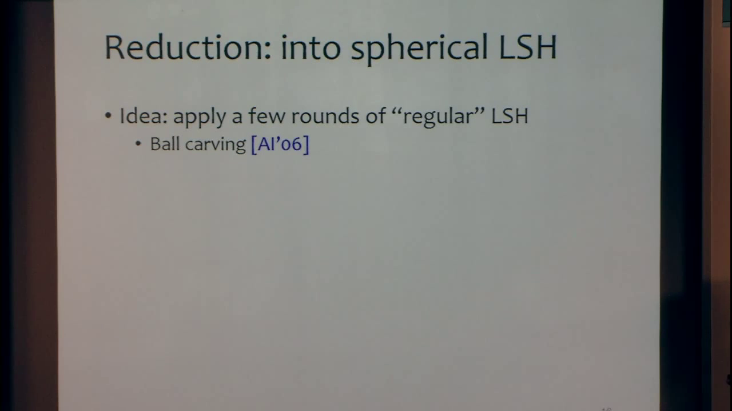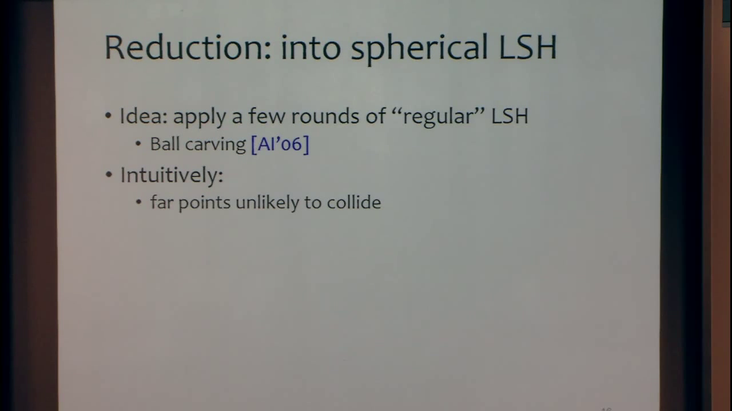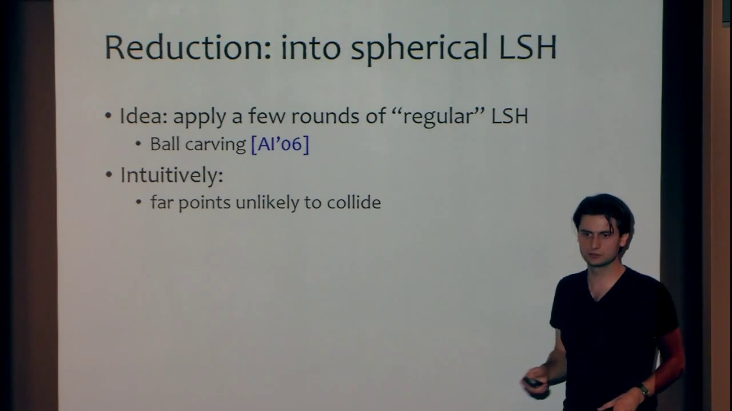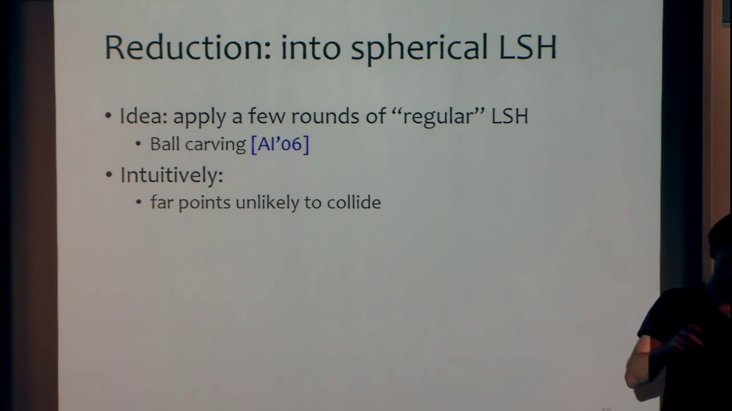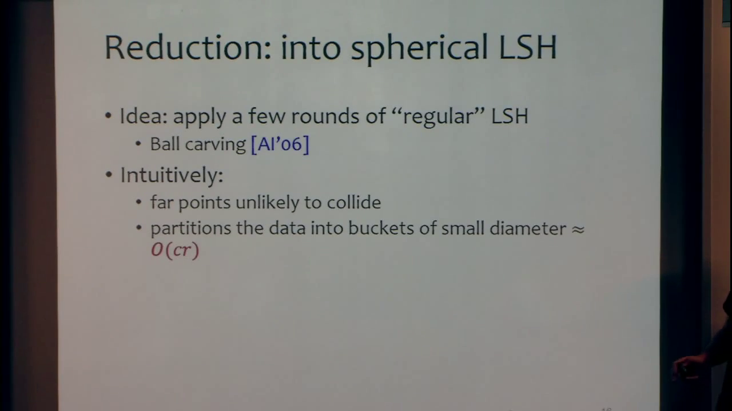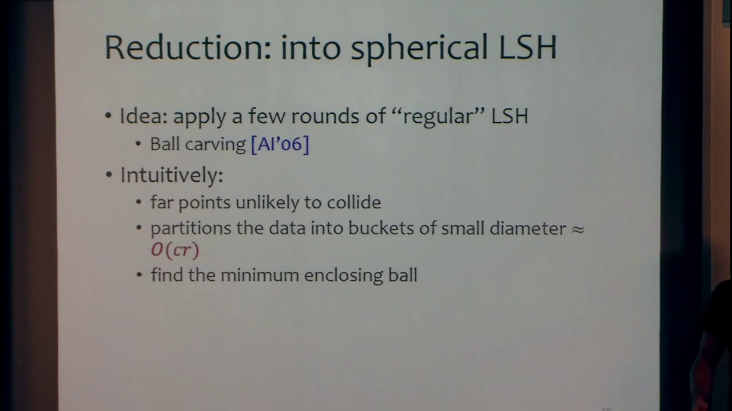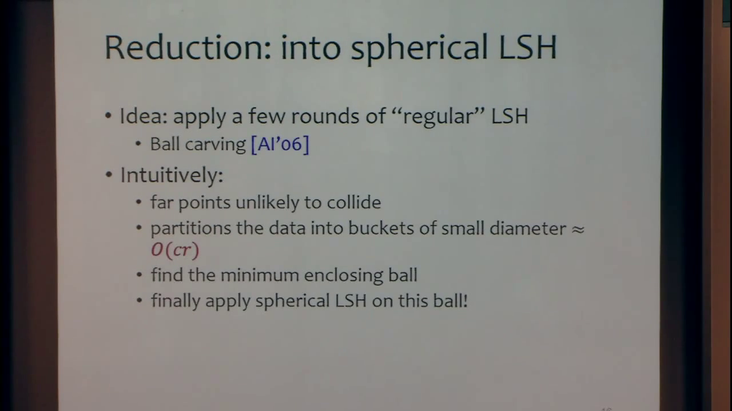And in general, the reduction is to apply a few rounds of regular locality-sensitive hashing, something like ball carving, and then apply this spherical LSH. Intuitively, we can apply this data-independent partitioning that will partition space a bit and make the far points unlikely to collide. So basically, it reduces to the case where the points are more clustered. If you set up the parameters right, this partitions the data into buckets of diameter roughly proportional to order cr. Think of this as eta cr. Then you find the minimum enclosing ball in each bucket, and on each of these minimum enclosing balls, you apply